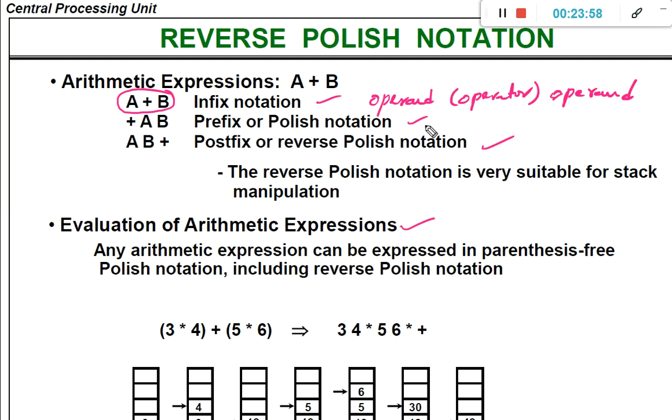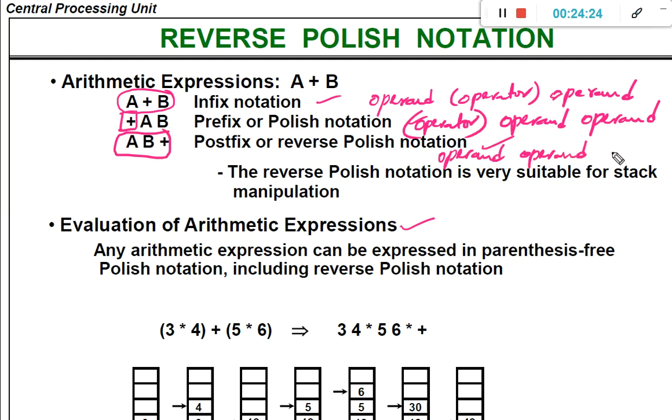And prefix or Polish notation means the operator will be prefixed: operator, operand, and operand. And the postfix or reverse Polish notation is represented as operand, operand, operator. So in case of postfix representation, the operator will be at the last.